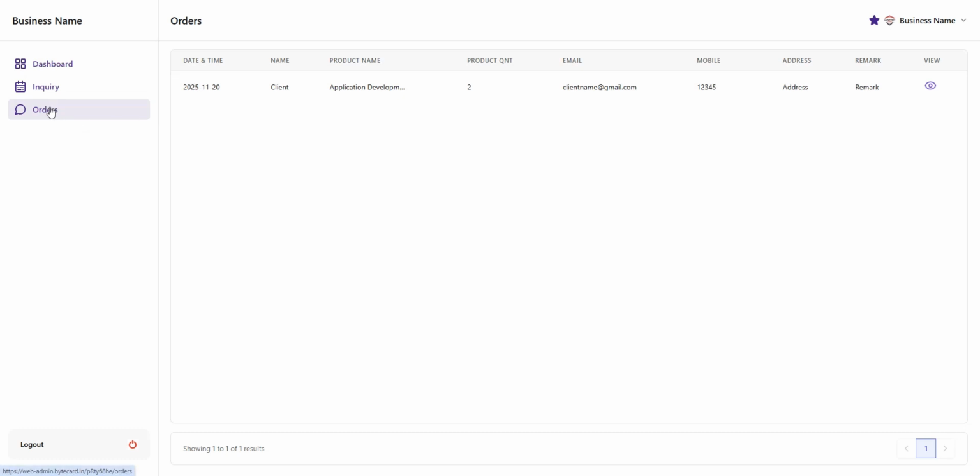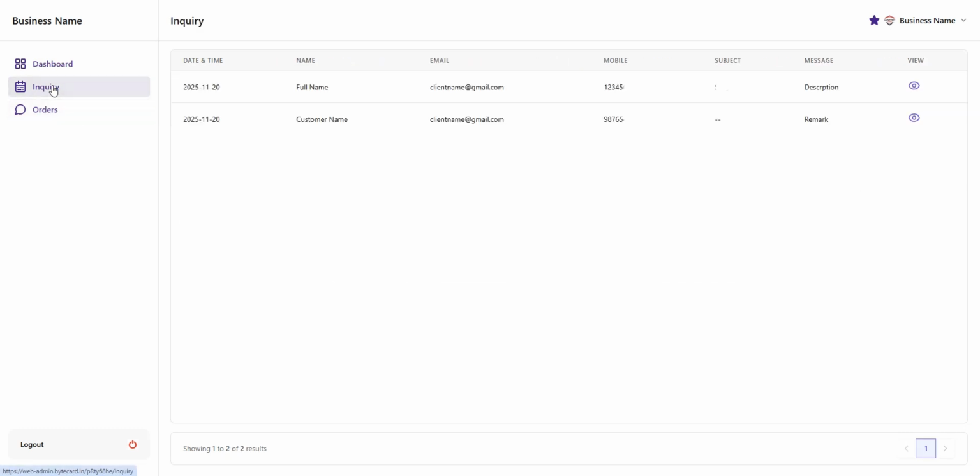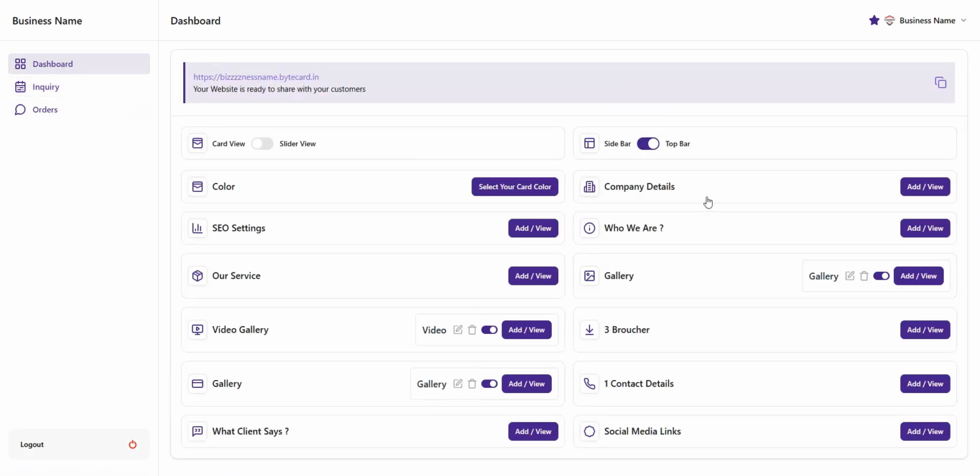So the buy now inquiry will be available in our order section, and other inquiries will be available in our inquiry section. By managing the admin panel, you can get the details about the inquiries for